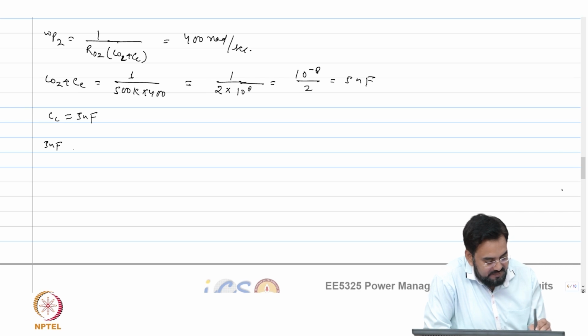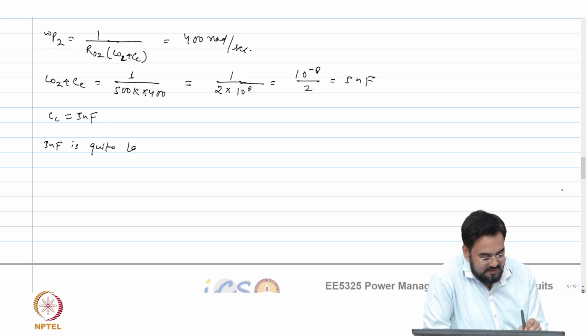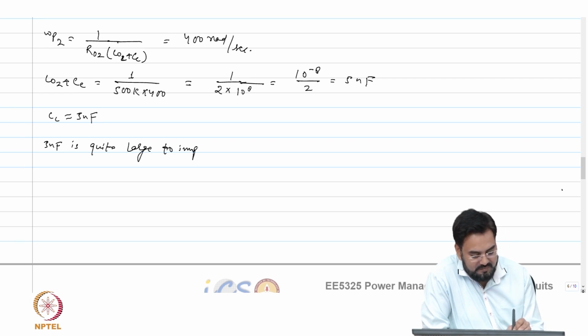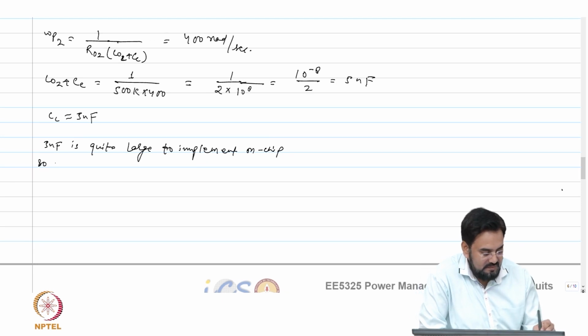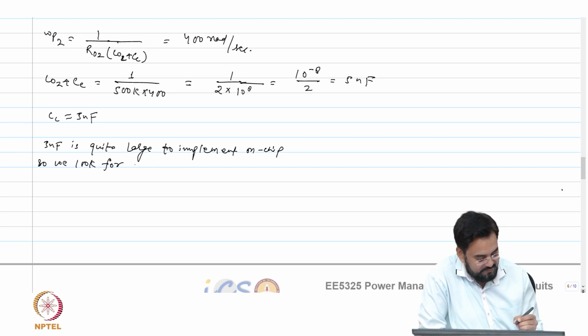So 5 nanofarad is quite large. So we look for